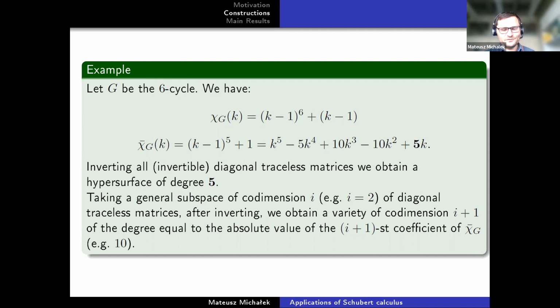But I also wanted to say a few things about methods, because it's not that we only translated and realized that good people before us were doing pretty similar things. We have very good deep methods to study those numbers. Mateusz, he did it for the C6 cycle, right? No, he did it for any graph. This is just an example of a 6 cycle. This works for absolutely any graph. The graph should be the directed one, right? Well, it doesn't matter how you direct it. You can direct it, and the answer is the same no matter how you direct it.